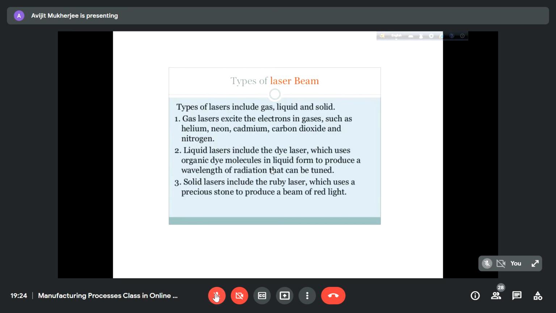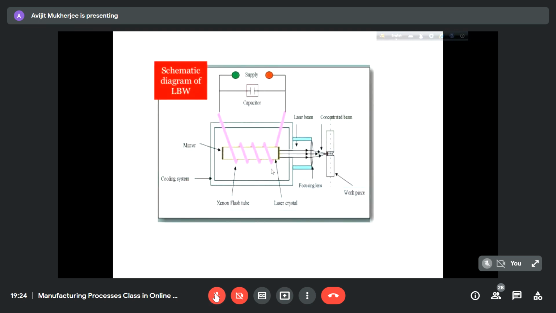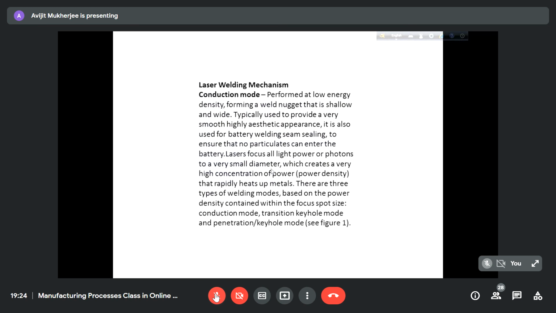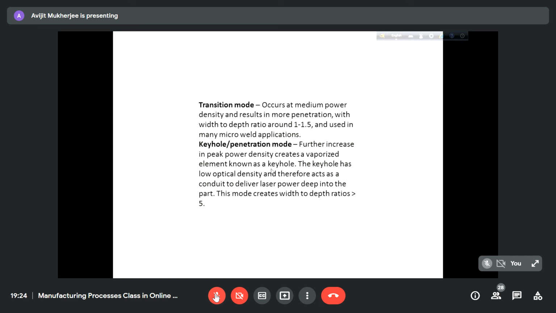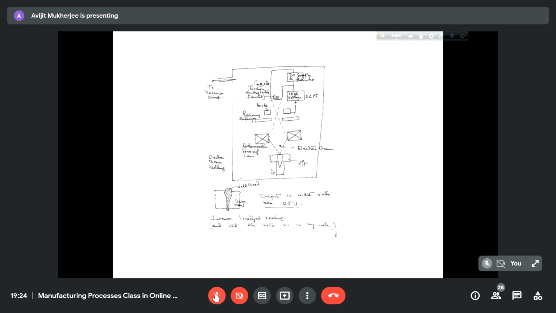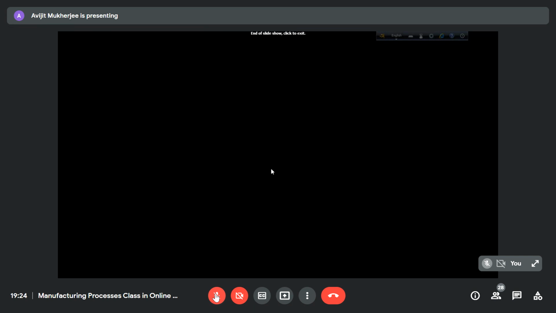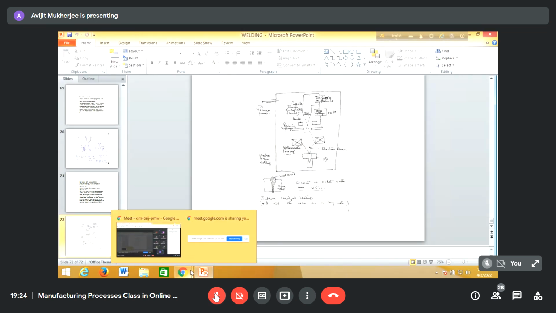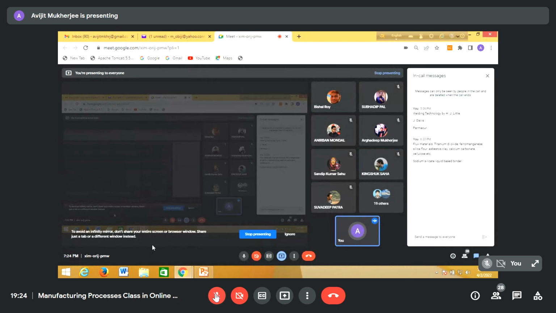Laser beam I am not discussing today, because there are also electron beam welding and thermite welding. So next class we shall discuss laser welding, electron beam and thermite welding. Is it okay, or should we discuss today? Okay, enough for today. So next class means next Friday. We shall discuss the rest of the portion. We are almost on the verge of completion, because after discussing laser beam, electron beam, and thermite, which is a chemical process,